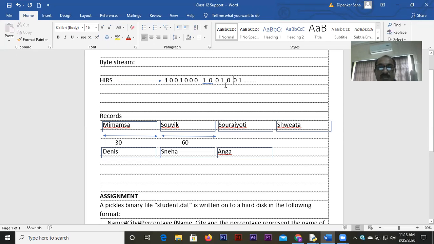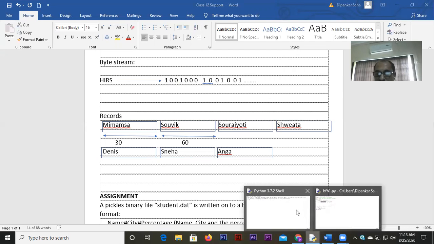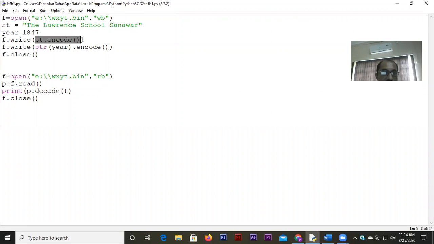So it has to be converted into bytes first of all. HI is in the form of a string that is to be converted into bytes. And this stream of bytes, the arrangement of bytes, exactly the way they are written, the same way they will be written onto the file. That part is done using this function called encode. You see this function I wrote, st.encode. So when you write it onto the file, before writing it, the characters must be converted into a string of bytes. That is being done by encode.